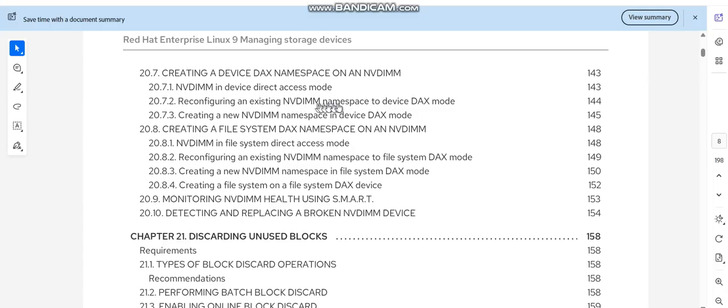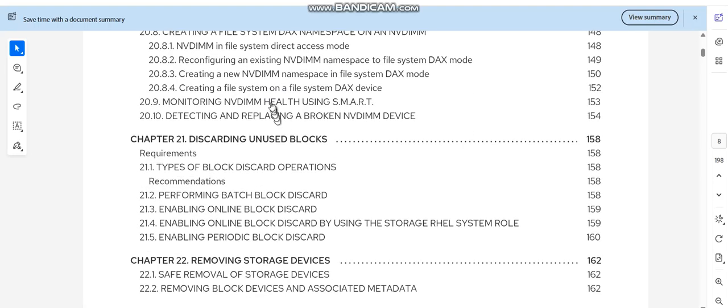an existing NVDIMM namespace to device DAX mode, creating a new NVDIMM namespace in device DAX mode, creating a file system DAX namespace on an NVDIMM, NVDIMM in file system direct access mode, reconfiguring an existing NVDIMM namespace to file system DAX mode, creating a new NVDIMM namespace in file system DAX mode, creating a file system on a file system DAX device, monitoring NVDIMM health using S.M.A.R.T., detecting and replacing a broken NVDIMM device,